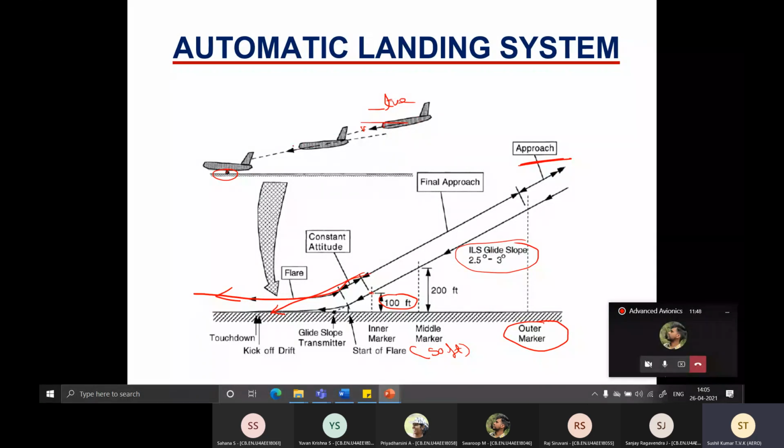Then the moment you hand over to the flare control, gradually you start rotating the aircraft, that is, you're pitching up the aircraft, and finally during landing, it's positive. So from negative to positive, that's the transition you have, and that reduces the vertical component of the velocity also. Now, if you look at the trajectory, what is required for this flare control is an exponential path. So it goes like this, and then smoothly lands on the runway.